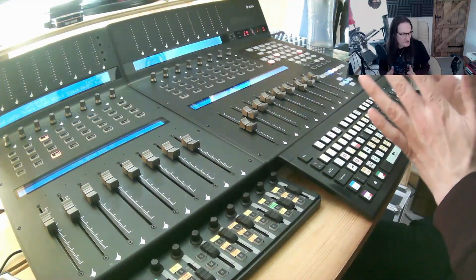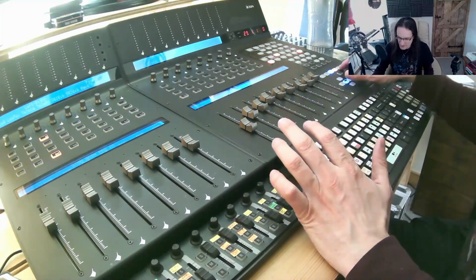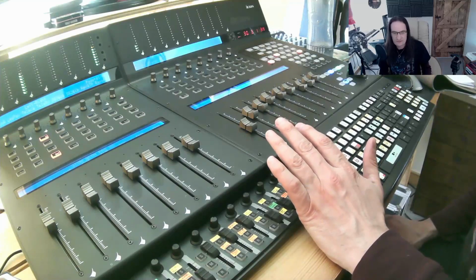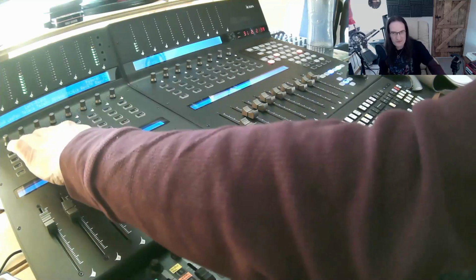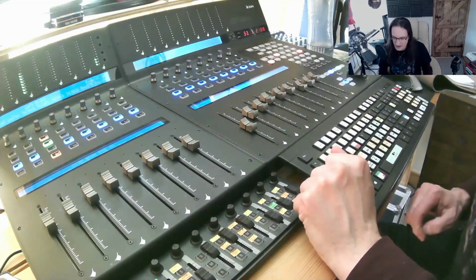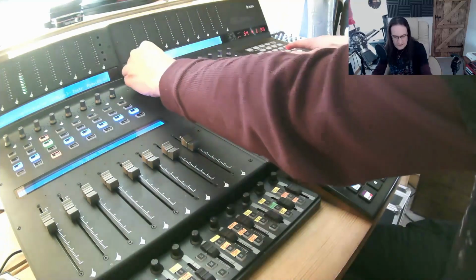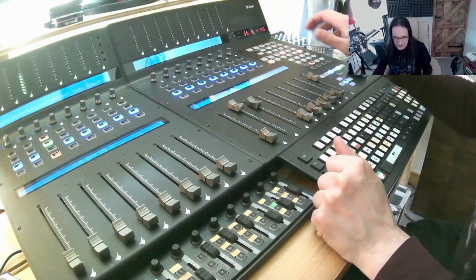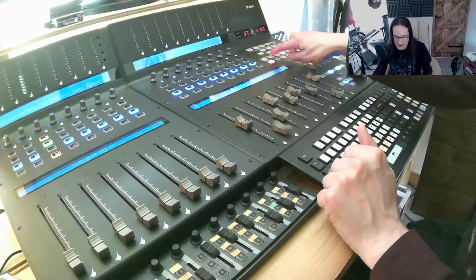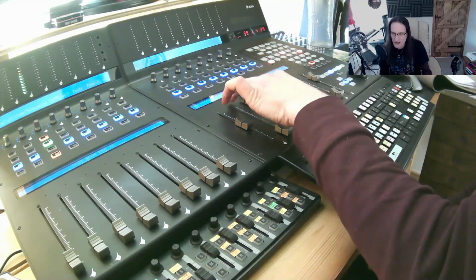So let's look at this sort of tactile way of working in practice. Just a little example here. I'm listening to my mix and I'm not maybe overly happy with what's going on with one of the tracks, so we'll have a look at the electric guitar. I'm going to grab the insert, so we'll just scroll down to there. I'm going to flip my faders just so that I can use the faders down here instead of the controls up there, and just see what our,